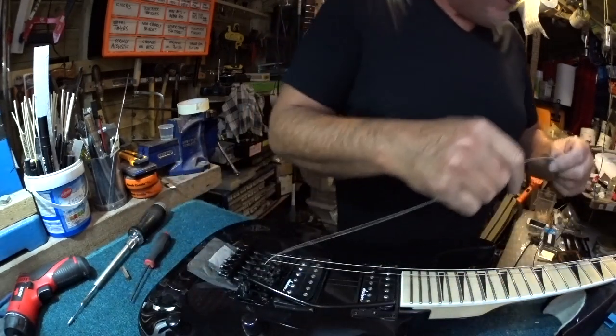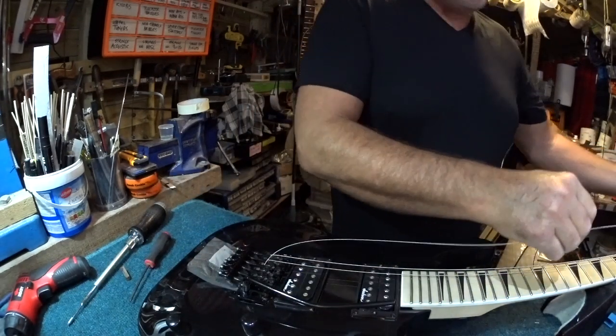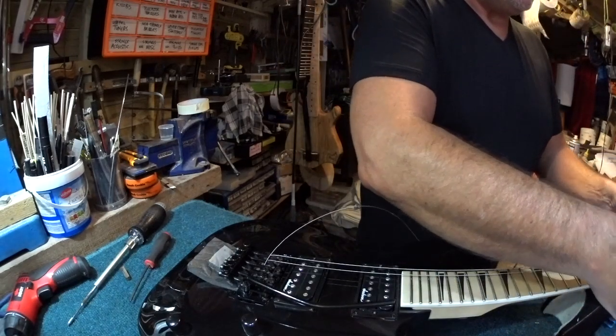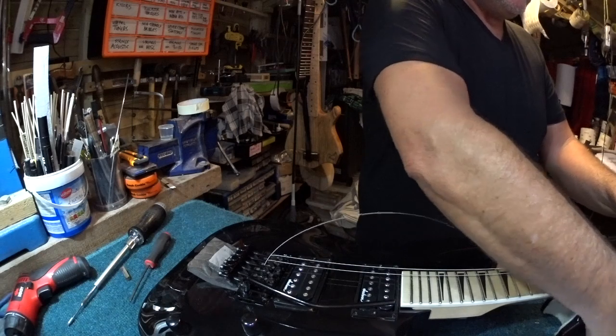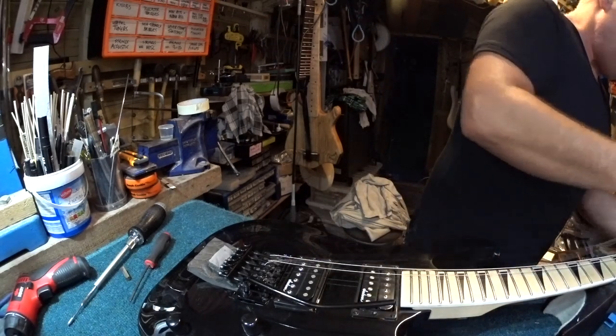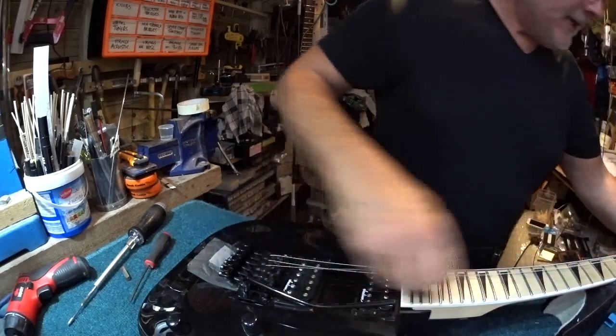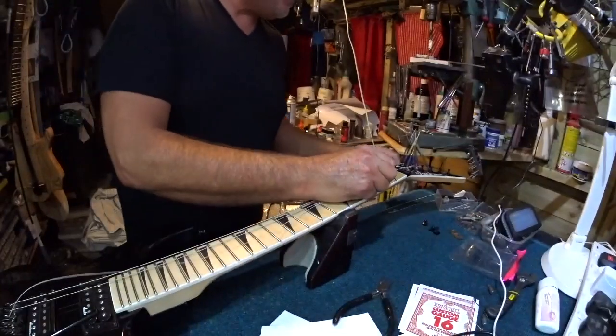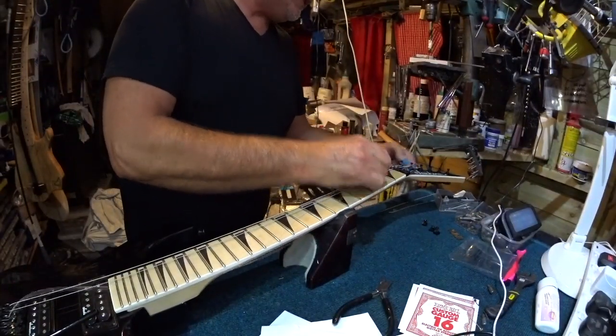Obviously it won't when it's... oh look, I forgot to do that. Look at that, I forgot to put it through. It doesn't really matter, I'll chop that bit off anyway. You can come through this end this way. We do the same thing. We pull it all the way through straight, put it back a fret's worth, and wind it on, following the same